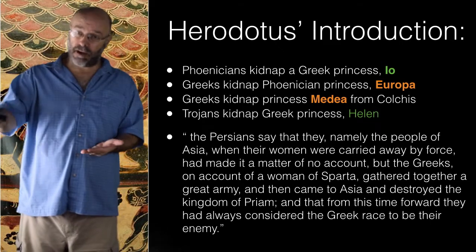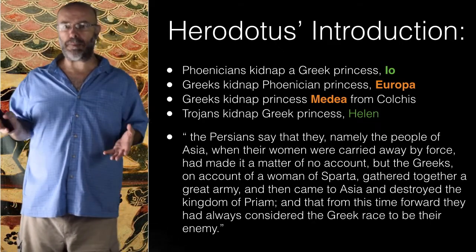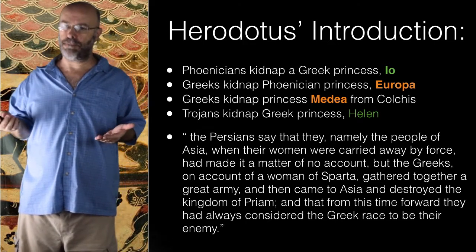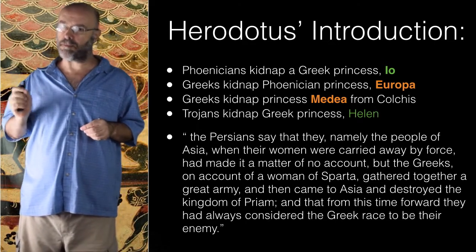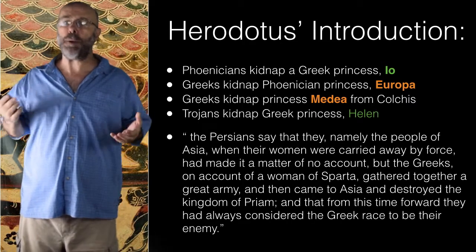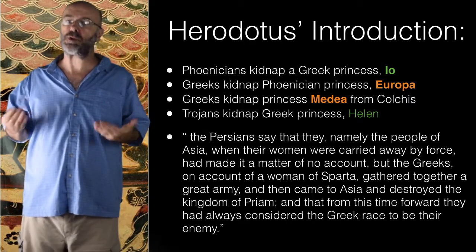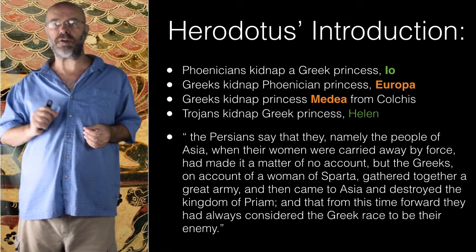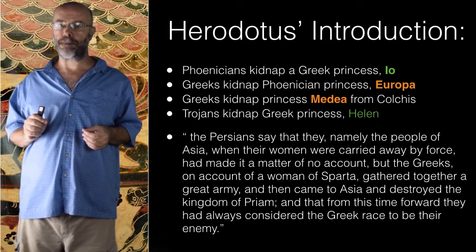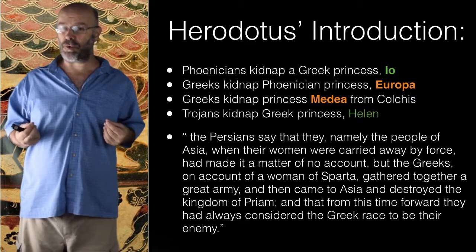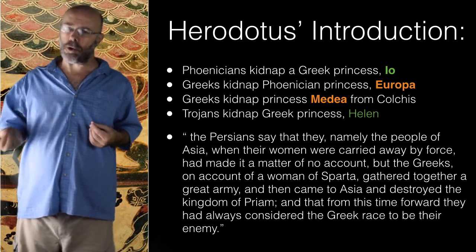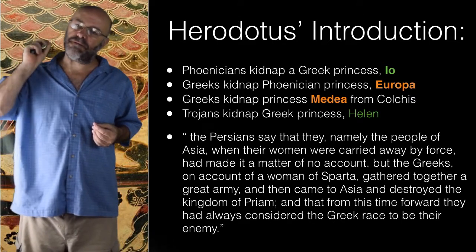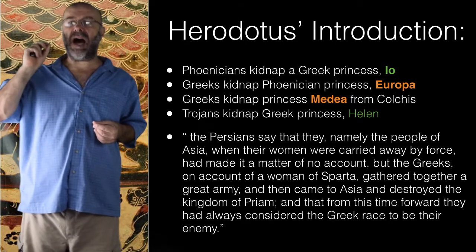And the Persians say, I'll quote Herodotus, that they, namely the people of Asia, when their women were carried away by force, had made it a matter of no account. But the Greeks, on account of a woman of Sparta, gathered together a great army, and then came to Asia and destroyed the kingdom of Priam. And that from this time forward they had always considered the Greek race to be their enemy. So for the Persians, as reported by Herodotus, the Trojan War is a historical event, and it is the sort of first move in, if you like,